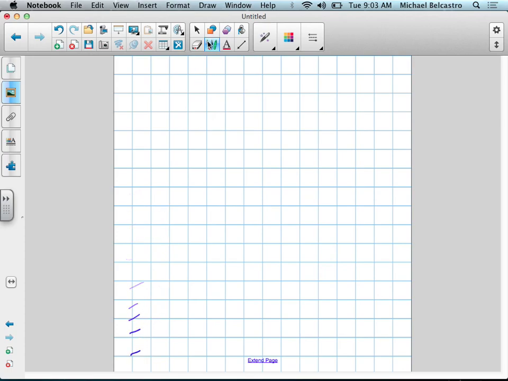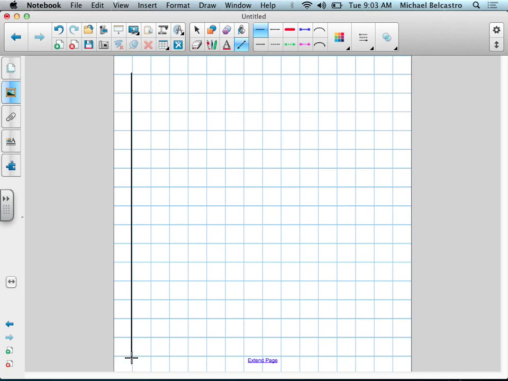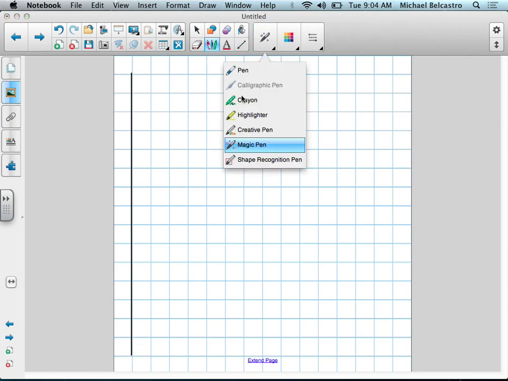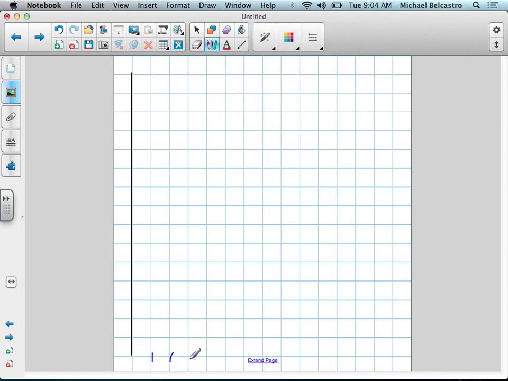15, 16. 16 is half of 32. That'll work this way. Okay, we know that one has to start at 32, and our other number of slots, 1, 2, 6, 7, 13, 14, 15. If I move it over 1, I'm technically at 16. So what I'm going to do,